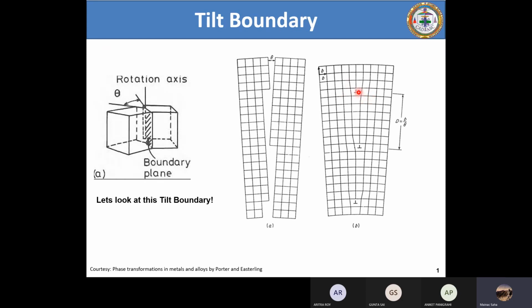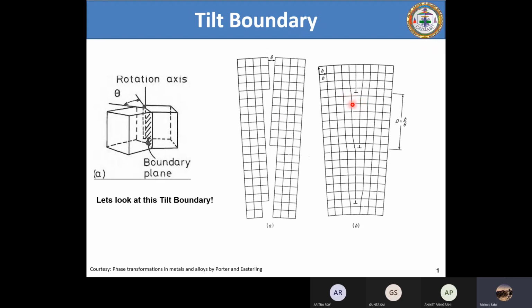So this is a positive edge dislocation, but not necessarily that you will always have a positive edge dislocation. You can also have negative edge dislocations. This is just a simple notation. You can also have a plane starting from here and the plane ending here. So what will you say? You will have a reverse thing. So you will have a negative edge dislocation where this perpendicular vertical line is pointing down. That's the only difference. So that is a negative edge dislocation.